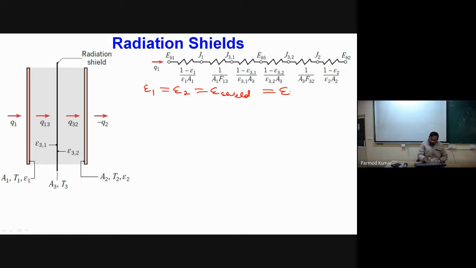So if we have this situation when we were having no shield, under that scenario, our heat transfer was EB1 minus EB2 divided by (1 minus epsilon 1) upon A1 epsilon 1 plus 1 by A1 F12 plus (1 minus epsilon 2) by